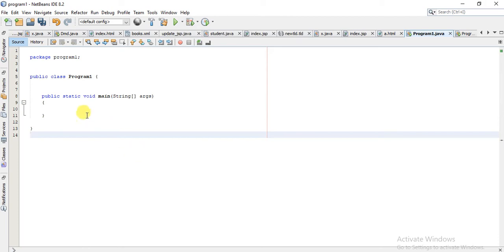Now if we compare the syntax of C, C++ and Java, you can notice that in C and C++ we write only void main and then brackets, but in Java we write public static void main, and inside main String args.